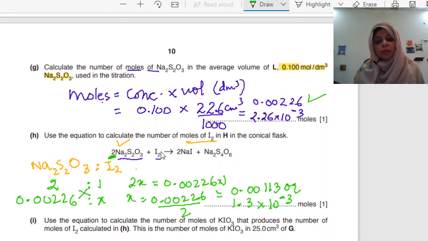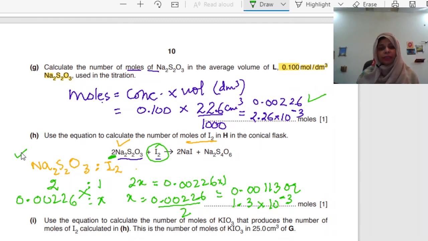So these are the moles of iodine which we have to calculate after doing the ratio method. So we will get the answer 1.13 into 10 raised to power minus 3. So next part is